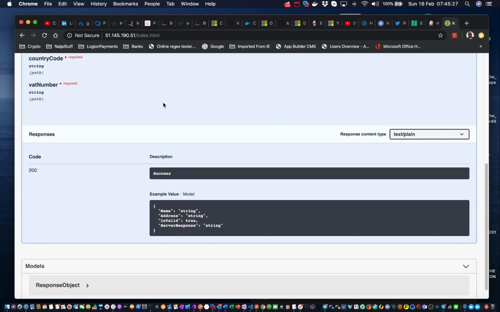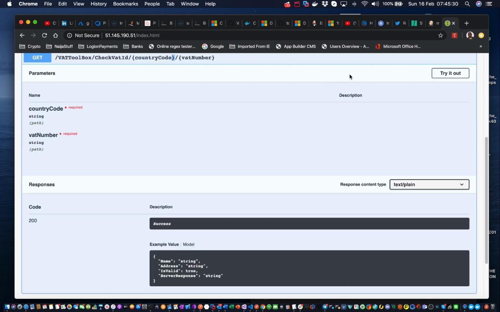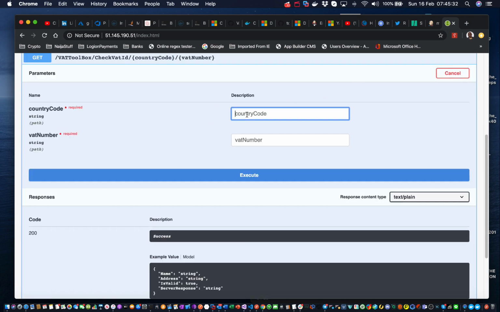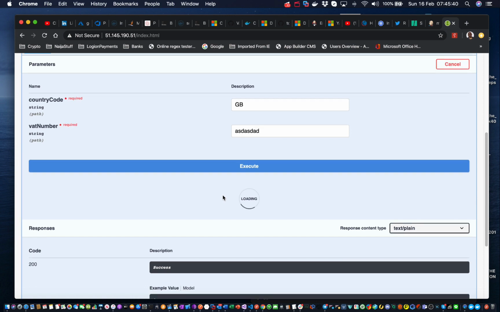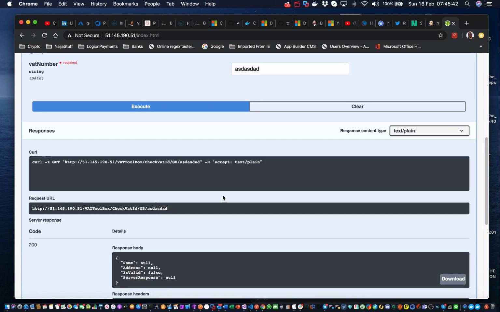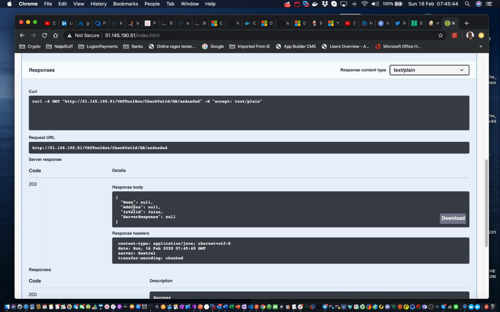So we can test out the service using a fake VAT number. So it's connecting to HMRC's website, and it's come back that the VAT number I put in is not valid, false, and this is the response. So the services are working, and